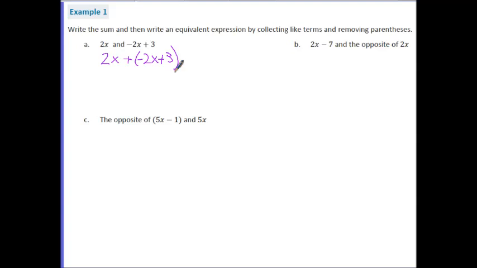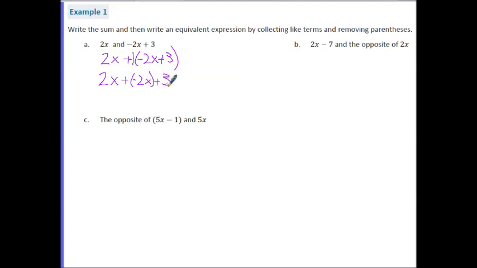Now, what I want you to get in the habit of thinking is, similar to what we talked about in the previous lesson, when you have parentheses, you should think distributive property. And in the previous lesson, we saw an example where we had a subtraction sign and we viewed that as multiplying by negative 1. Well, here we're multiplying by positive 1. So if you think about it, we already know that if you multiply things by a positive 1, that is really going to be the multiplicative identity. So that's going to give us the same result out. So what this really does is this takes away the parentheses for us, giving us 2x plus a negative 2x